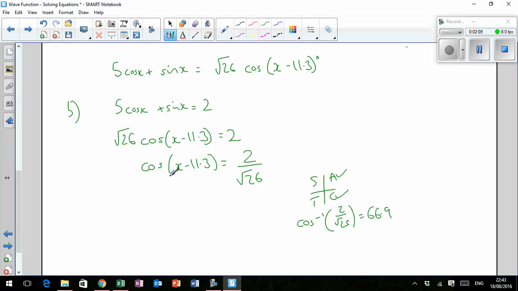So my two solutions for this are x minus 11.3 degrees is equal to 66.9 and 293.1,